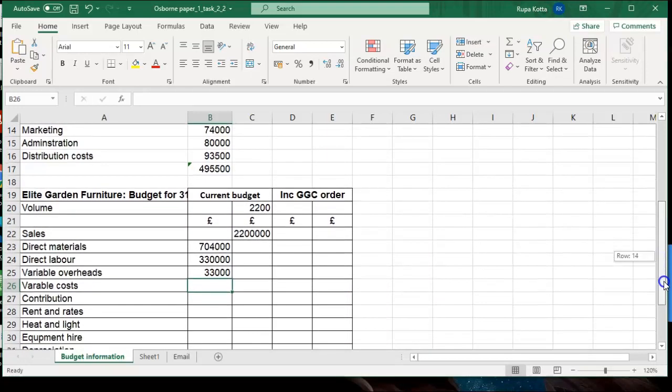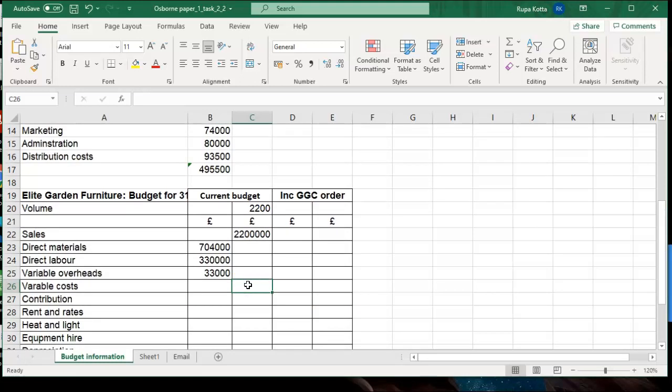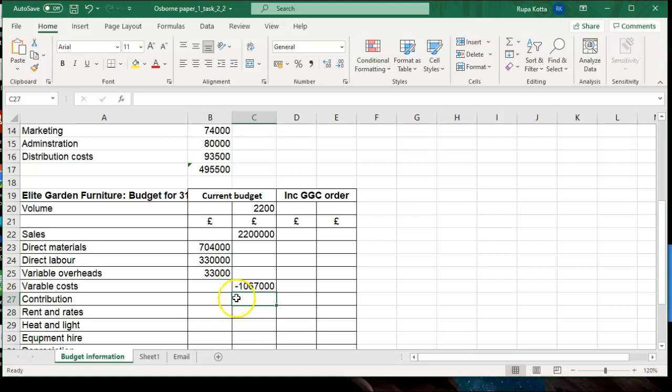Once we calculate everything, we need to put the total variable cost in column C. Equal to, they want you to show it with a minus sign, so you put minus the sum of all these three expenses. And then subtract that to calculate the contribution. This is already minus, so again, if you put minus, it will become added. So to avoid that, don't use any subtraction formula. To get the contribution, just total these two with a sum. Because it is a minus sign, it will get automatically subtracted. And you will get a contribution of